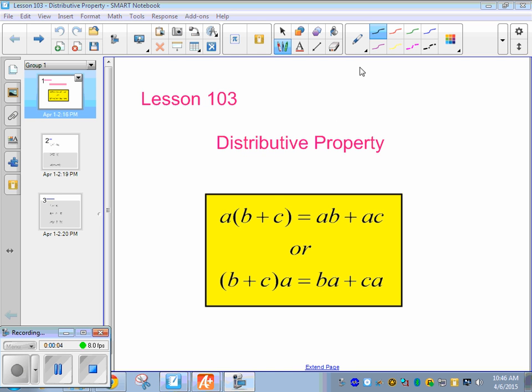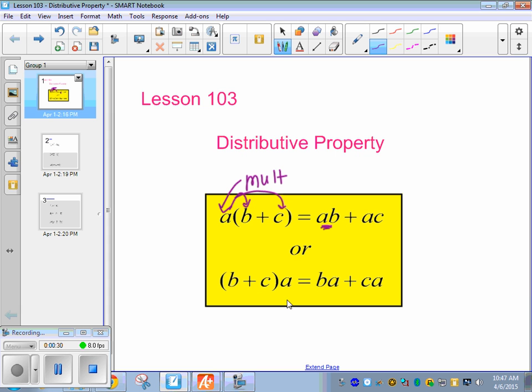Something on the outside of the parentheses, what we do is we multiply it to each thing inside the parentheses, so it gets distributed. So I multiply A to B, so we get A times B. And then there's a plus sign in the middle, so we put a plus sign. And then we multiply A times C. So it multiplies to the first thing, and then we have a plus sign, and it multiplies to the second